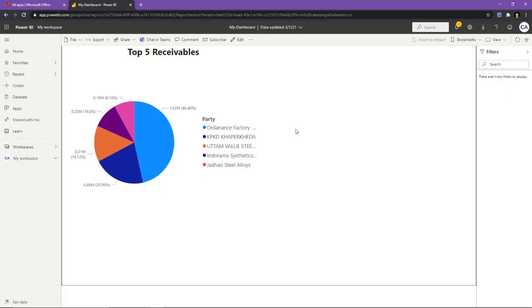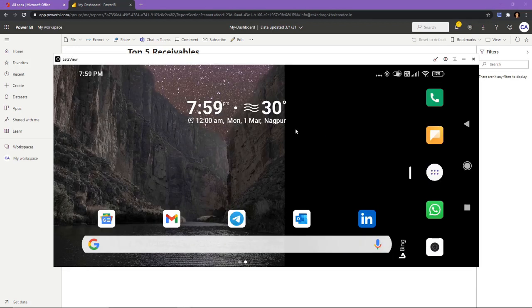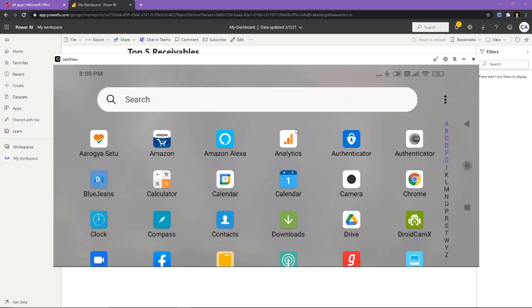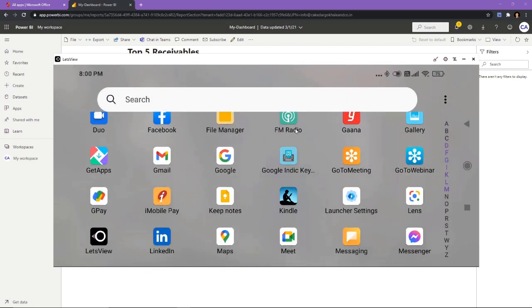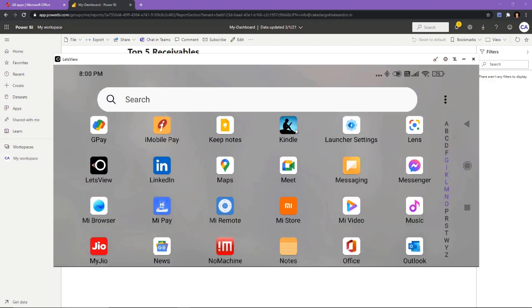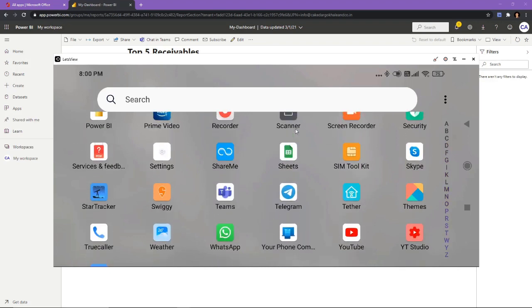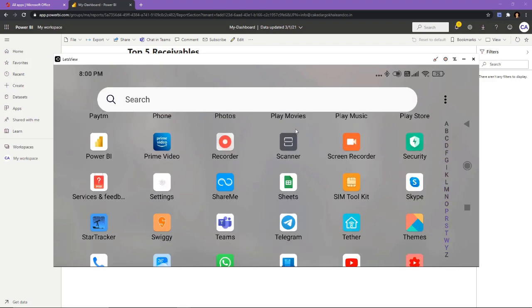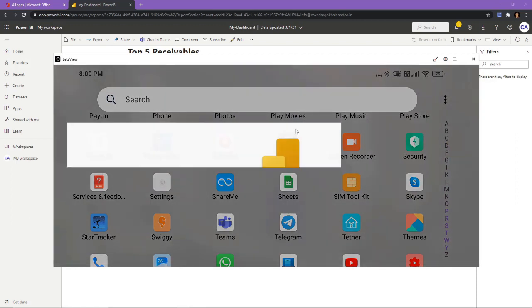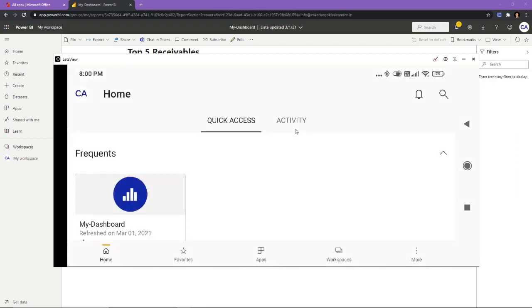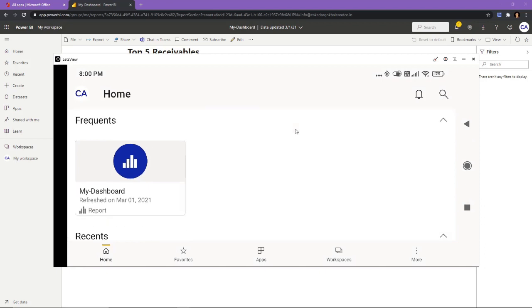So I will demonstrate how you can access this dashboard even from your phone. I captured my phone screen, and I'm controlling it with a screen mirror. So I'll go to the menu, and here you need to install the Power BI app. Let us click it. So you can see my dashboard.